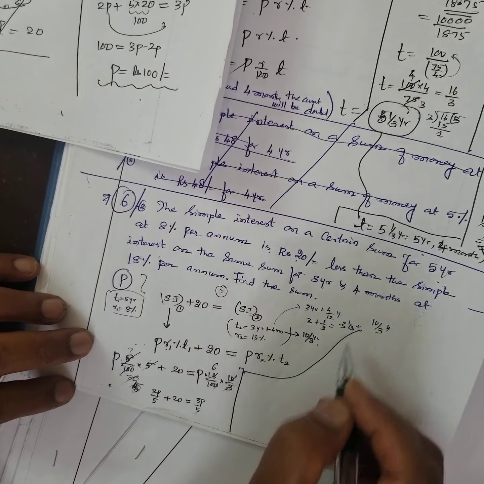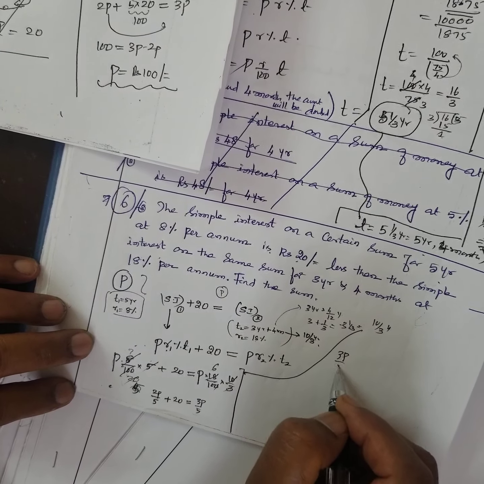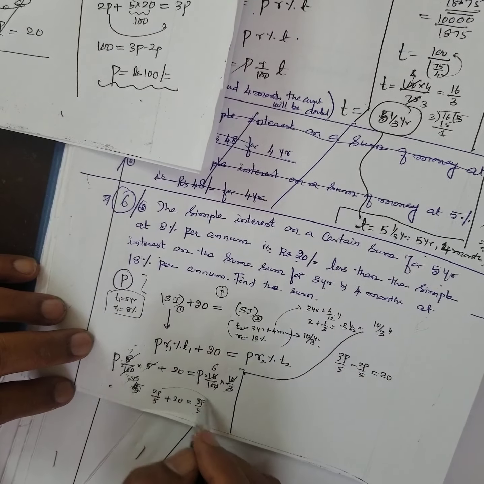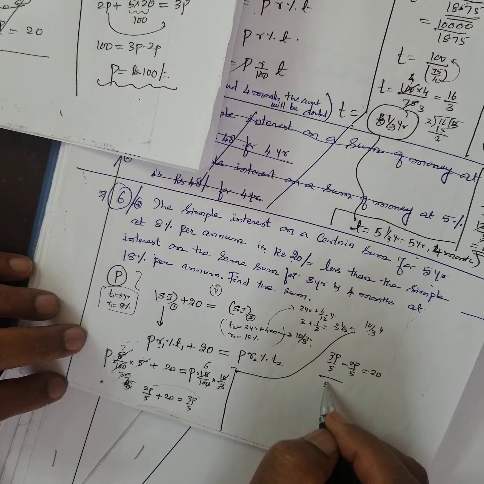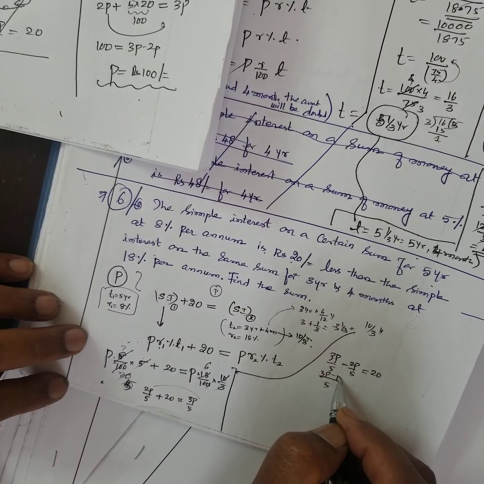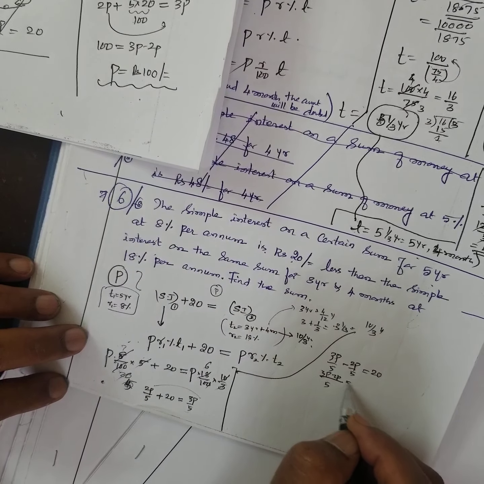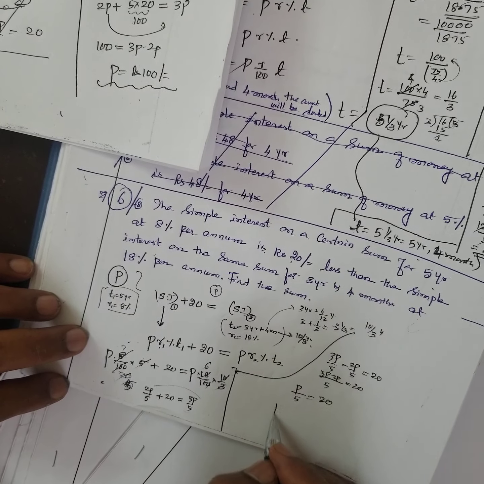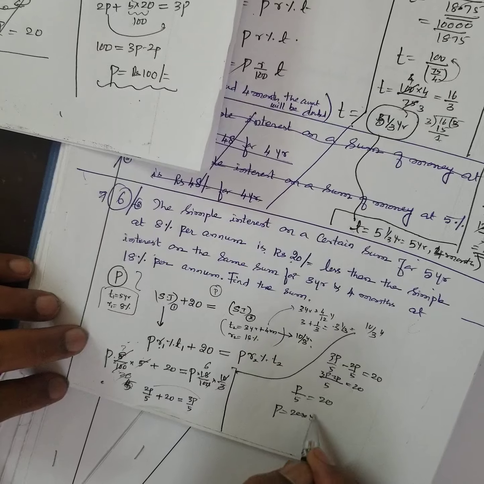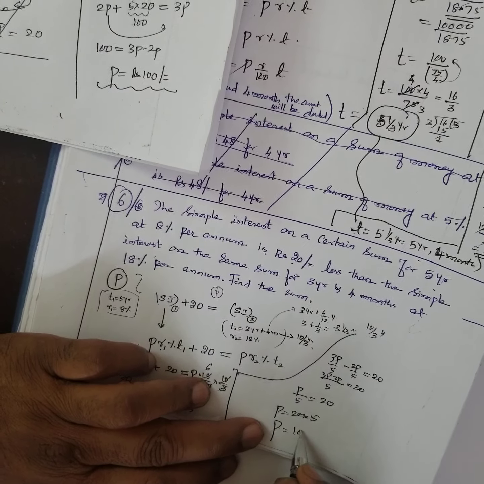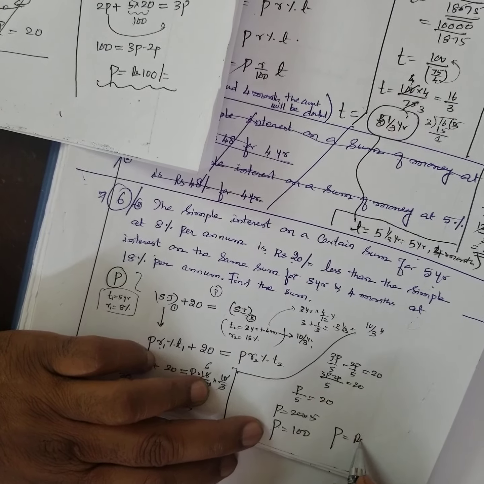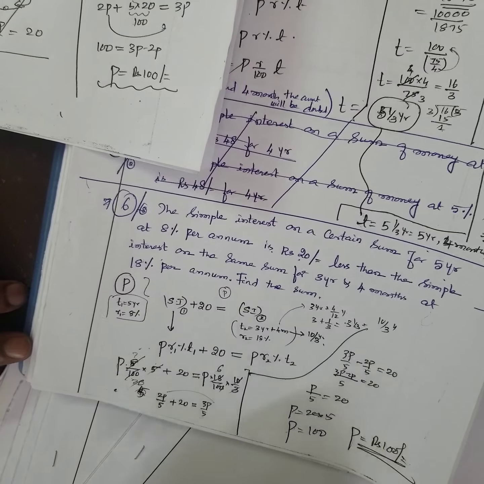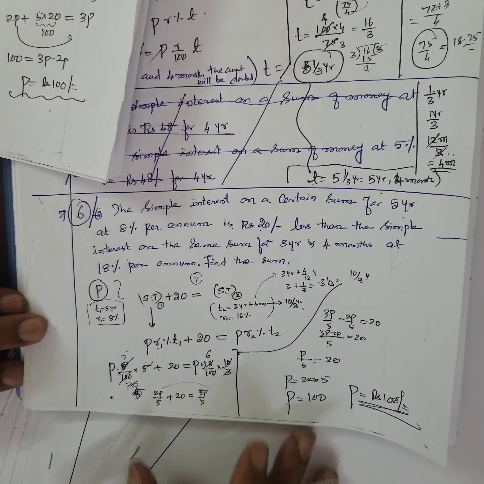You send this side, 3P by 5 minus 2P by 5 equal to 20. 5 is LCM, 3P minus 2P equal to 20. P by 5 equal to 20, or P is equal to 20 into 5, or P is equal to 100. The principal is equal to 100. You got it? Therefore,